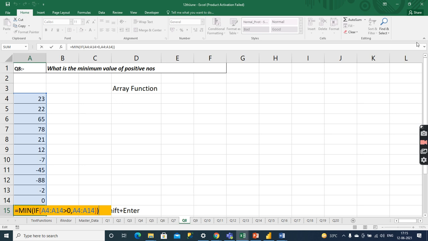Firstly it is the minimum value, then it checks the condition in the range A4 to A14 in one go, and wherever the cell value is greater than 0, it takes it in the range and then finds the minimum value of that range. If a value is less than 0, it will not be checked.